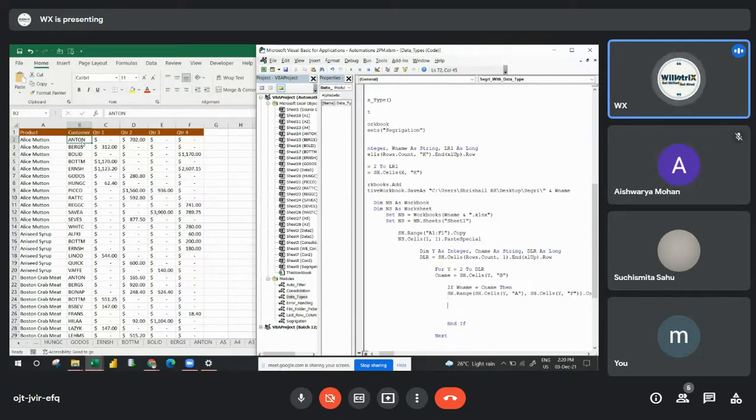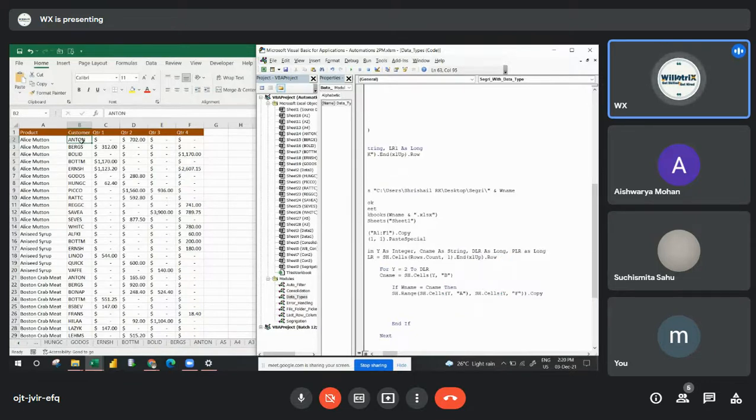So now, once we copy this, where I want to paste it is in the workbook I created, correct? Before that, we should find out the PLR, right? Yes, paste last row. Here only I will declare that variable, PLR as long. Then I'll find out that PLR, where I'm finding it in the new sheet, right?